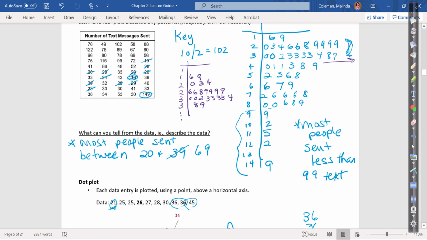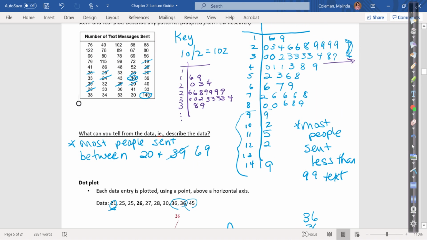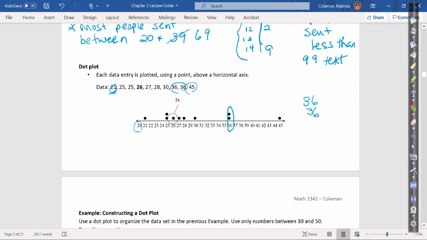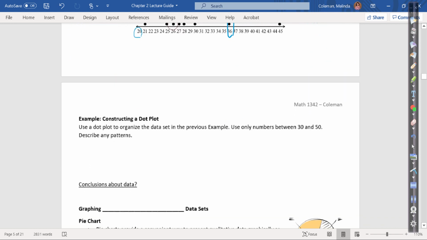So we concluded in the cell phone data that the smallest number was 16, the largest number was 149. I am not going to do the entire plot, because if we did, we would start here at 16, and I would have to go all the way to 149. And again, for the sake of space on my picture, I really don't have the room for that. So I'm just going to demonstrate the first, let's say 40 or 50 numbers. So 16,